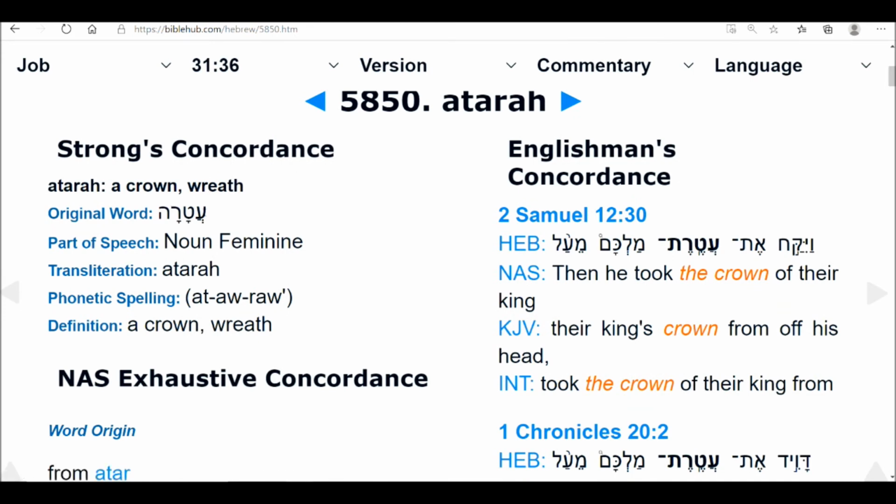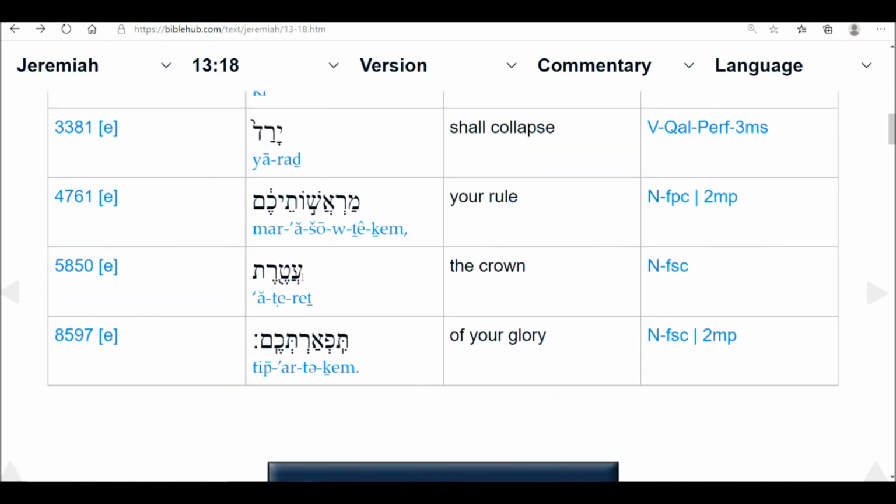Now in this usage, there's a tav on the suffix, and so now your crown is your... Actually, this is kind of like a redundancy here. This is saying your crown is your glory, right? Because your crown is with that added tav. It's saying your crown is resonating to the frequency of love.